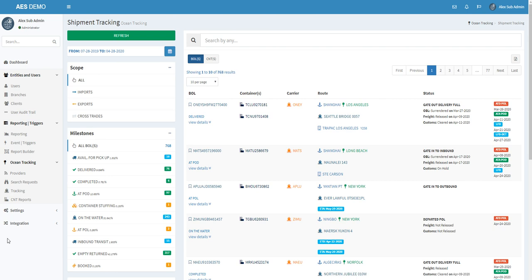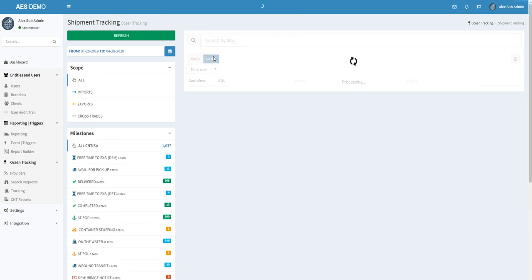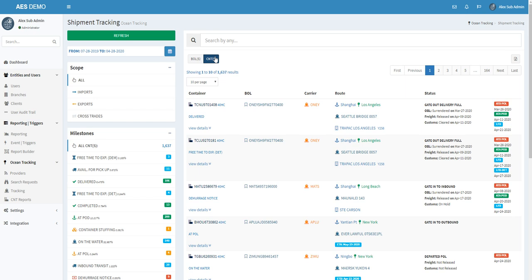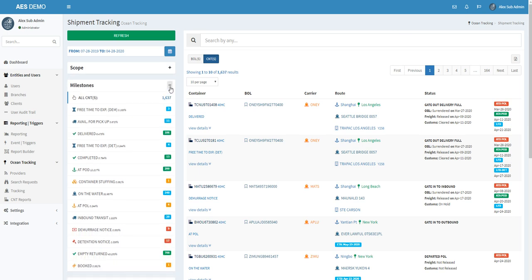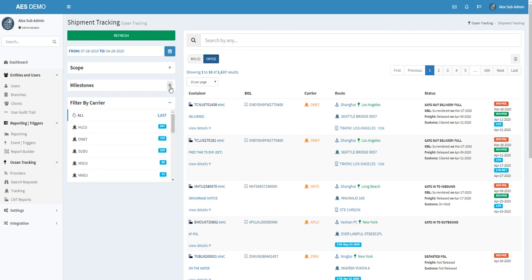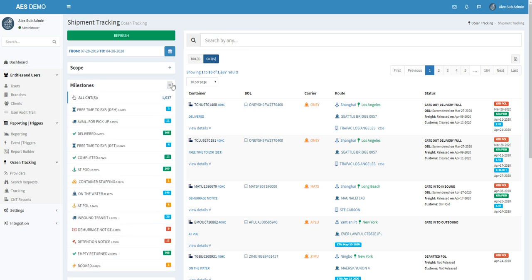So I will click on group by container, and over here you see a bunch of different carriers. I'm just going to quickly minimize this and minimize the milestones. As you can see, there's a bunch of different carriers. We pretty much track all the global carriers. We have over